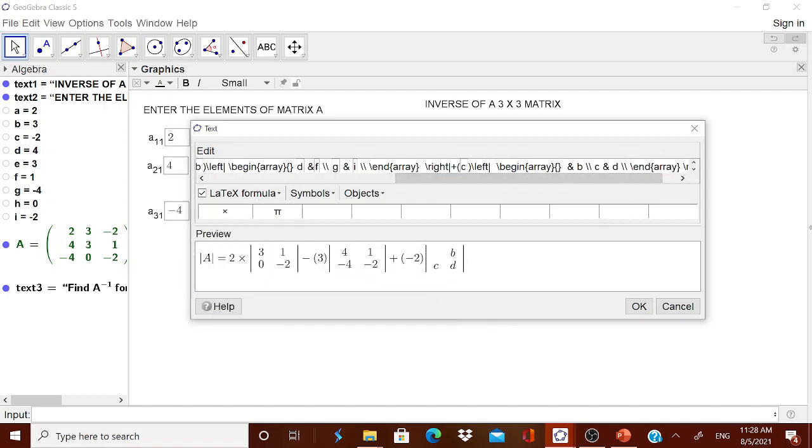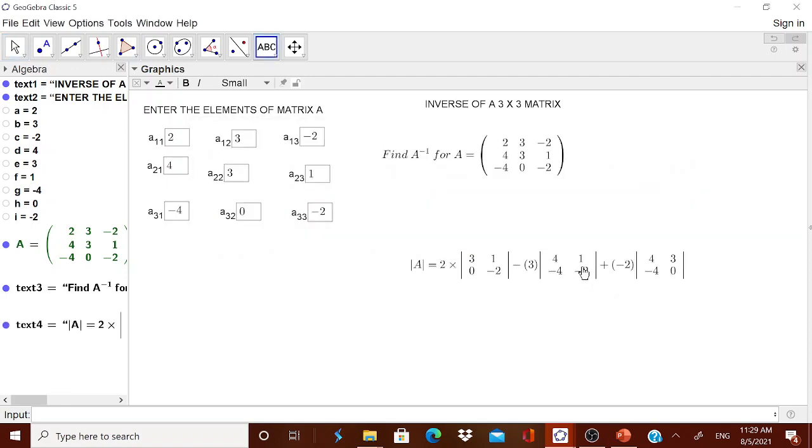Now you will get D. In the next one you will get E. Repetition only, but be careful in doing it. G and H, therefore it will be G and it will be H. Now I got it.